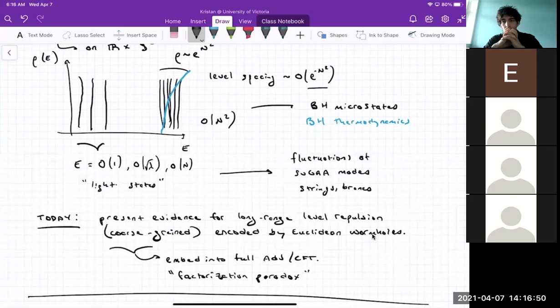Yes, but what I meant is, the argument you gave was that you can compute this coarse-grained version essentially classically. You compute black hole solutions and black hole thermodynamics and so on. But can you get information about level spacing and the density of states using integrability? Not to my knowledge, actually. I think you need these extra symmetries. You need this Yangian symmetry that emerges at infinite N. And as far as I know, that doesn't constrain the black hole spectrum.